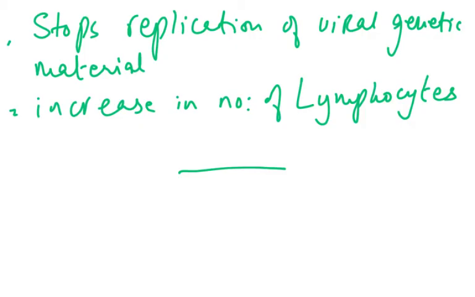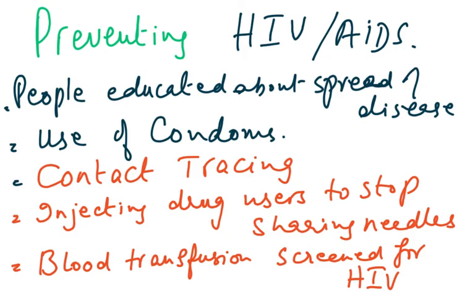But when we start giving the drugs, the number of lymphocytes increases, because now the virus particle is not entering other lymphocytes and destroying them. So the fact that the number of lymphocytes increases helps the immune system, or the immunity, of that person who's suffering from AIDS. Then preventing AIDS,